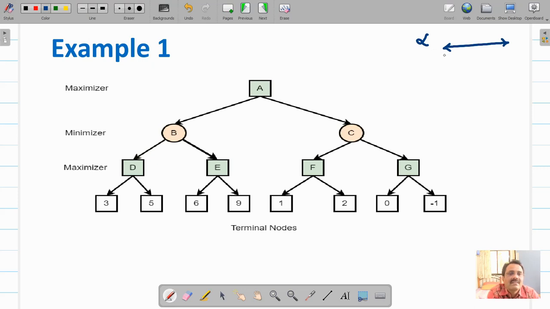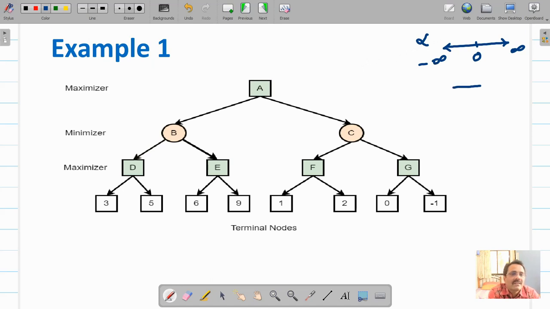Since it's a maximizer node, alpha will always try to maximize. If this is 0, this is infinity and this is minus infinity, alpha will always try to maximize. So in the worst case, what will be the value of alpha? What is the minimum that this max node will take? Minus infinity. So initially alpha is assigned the worst case value, minus infinity.